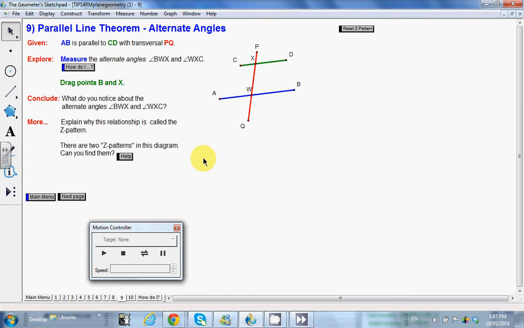This one's our alternate angles, or Z pattern. Z pattern, I think it's just easy to remember. You see the Z here, and there's kind of like a Z here. We might think of one of them as an S and the other one as a Z, but let's go ahead and measure this angle and see if they're actually equal or if it's something else. So CXW,